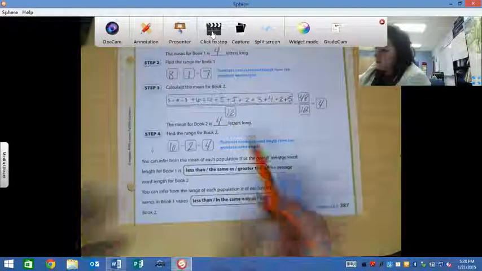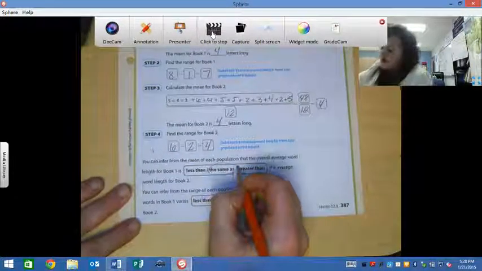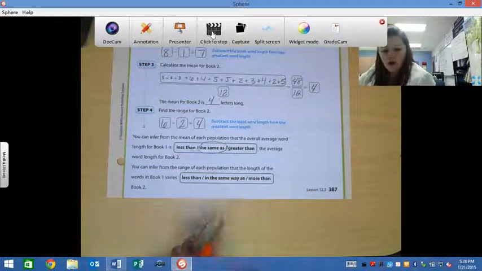Well, look at our means. They ended up being exactly the same. So it's the same as. And then it says you can infer from the range of each population that the length of the words in book 1 varies less than, in the same way, or more than, book